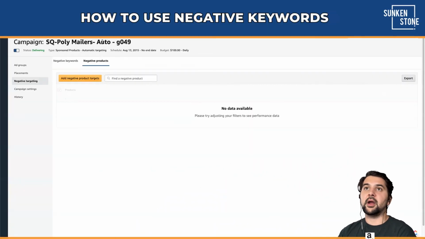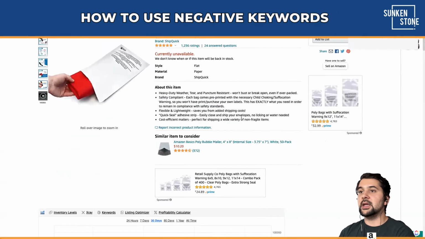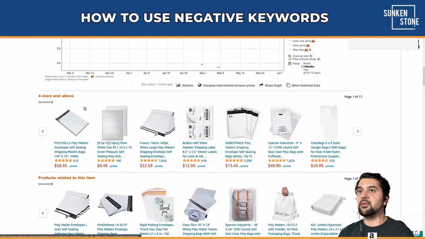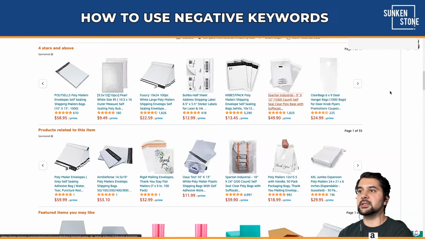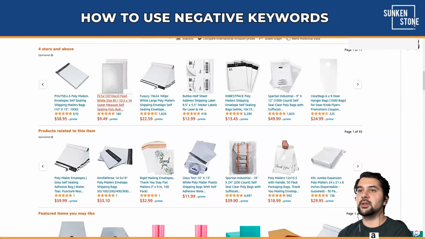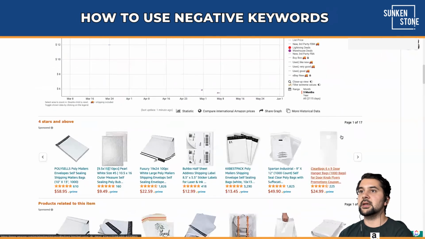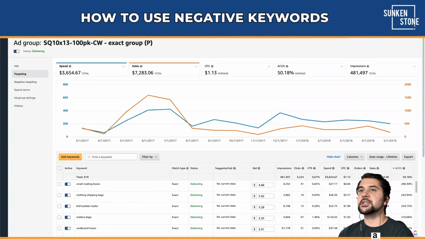The last thing I want to talk about is negative products. So you used to not be able to do this. This is a fairly new feature, I think, as of late 2020, but automatic campaigns and product targeting campaigns can bid on the ASIN spot. So these are all things that you can bid on. So your automatic campaign will gobble this up, but let's say that you just keep bidding on this box